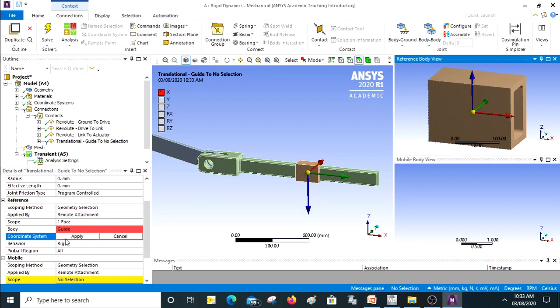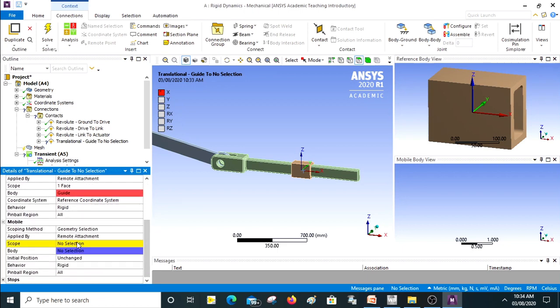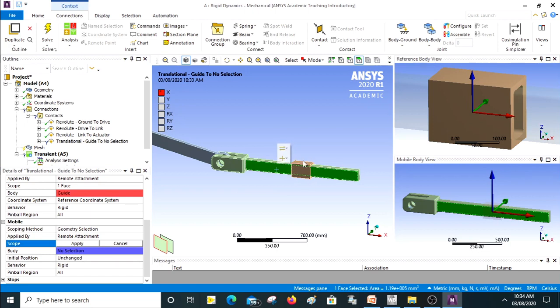That's it. Apply. So we get the x-axis orientation as the global coordinate system over here, so that means it is going to translate. Okay, so that is done. Now we'll go to the mobile. I hope it's now clear why I took this as the mobile, because as I said, this is going to be fixed and this is only going to be translating. So here x is in this direction, that is correct, perfect.